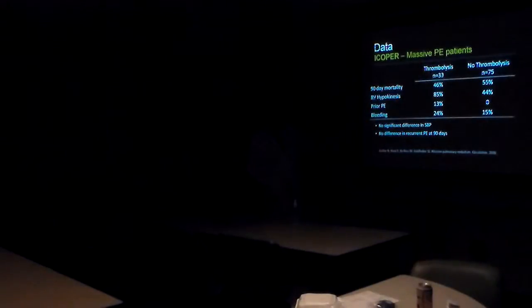These are for massive PE, not submassive. Close to all of the patients that got thrombolysis had severe or significant RV dysfunction. If you grade the severity of RV dysfunction, hypokinesis is about the highest. I guess akinesis would be worse, but hypokinesis is like the worst thing you can get. If it's dilated, that's bad. If the septum moves, that's bad. If the pressures are high, that's bad. But if they say hypokinesis, that just means your ventricle is kind of sitting there flopping around, not doing hardly anything. So that's a very significant finding, and that was statistically different between the groups.